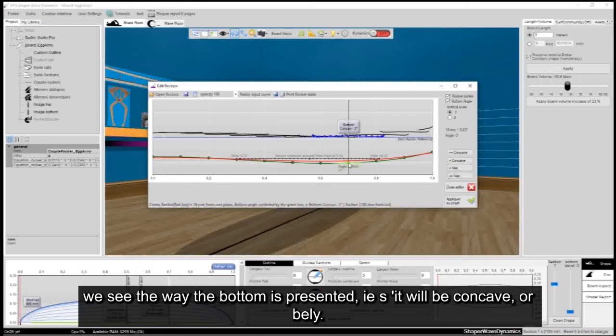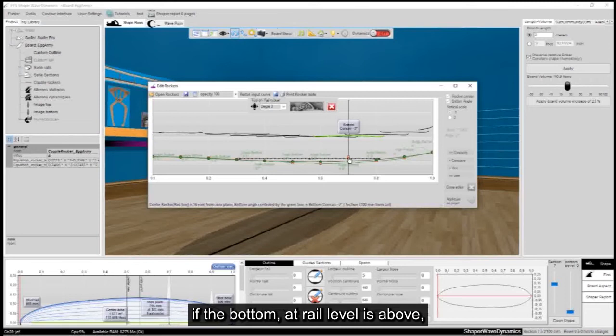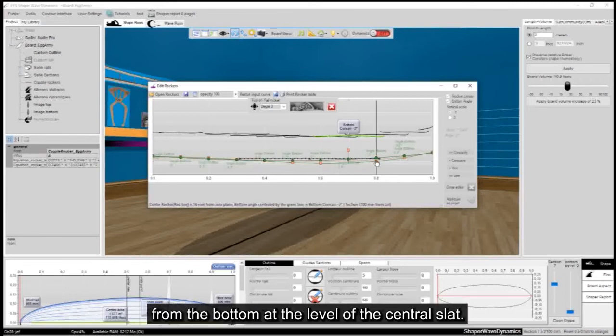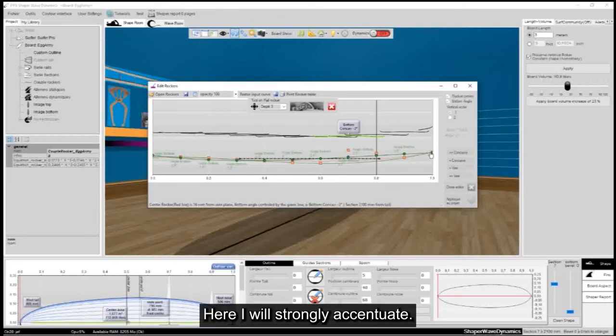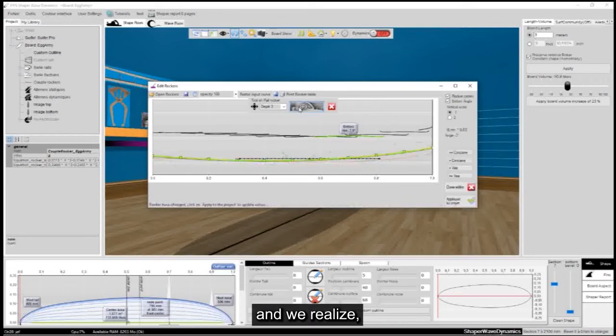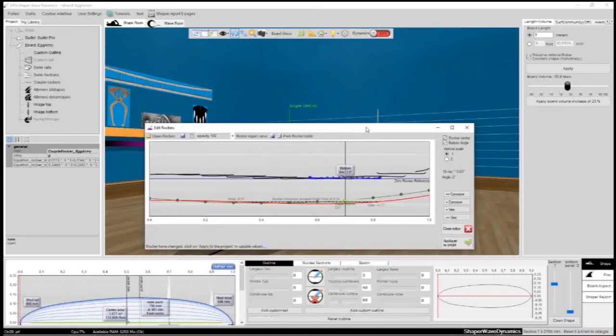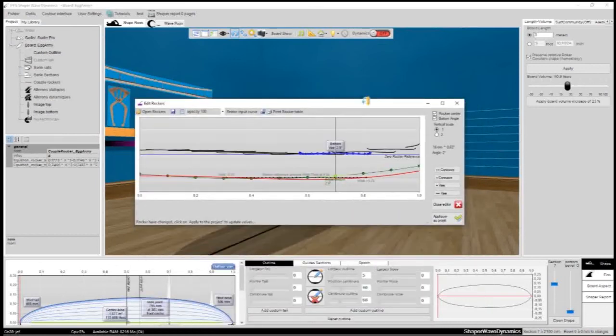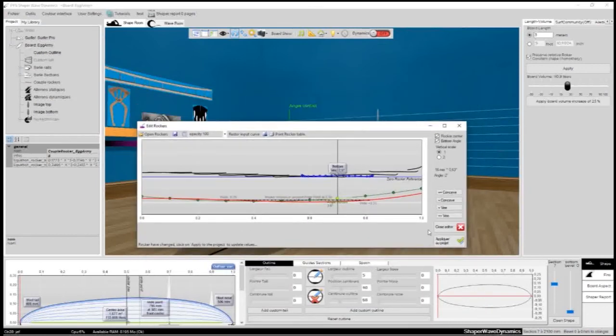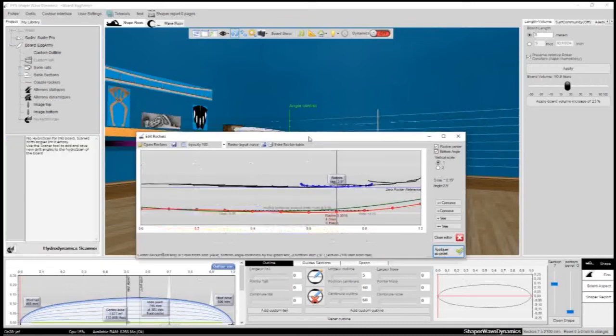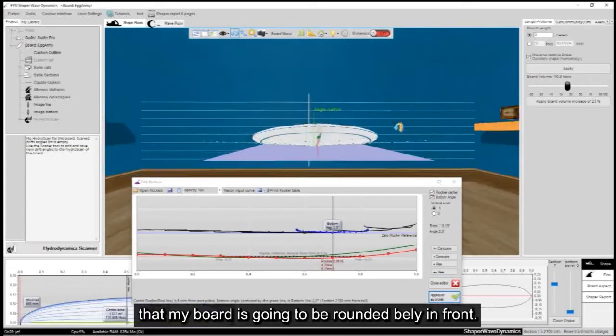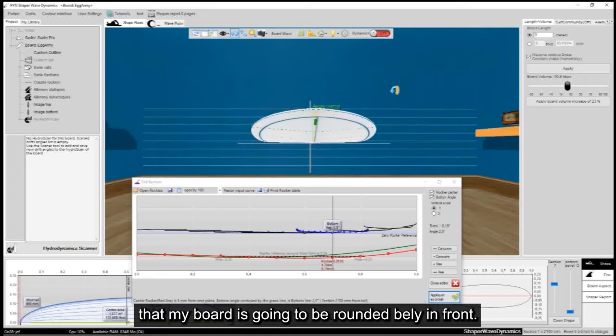It will be concave, or belly, if the bottom at rail level is above the bottom at the level of the central slat. Here I will strongly accentuate it. And we realize that my board is going to be rounded belly in front.